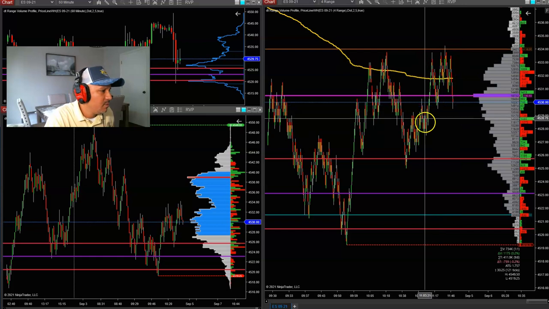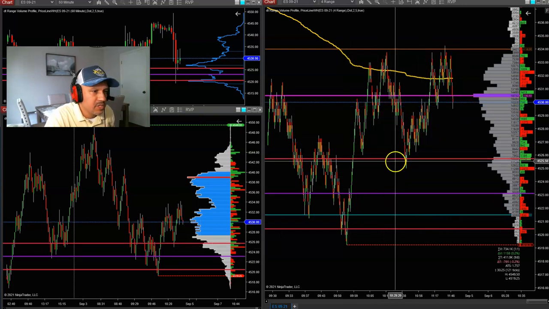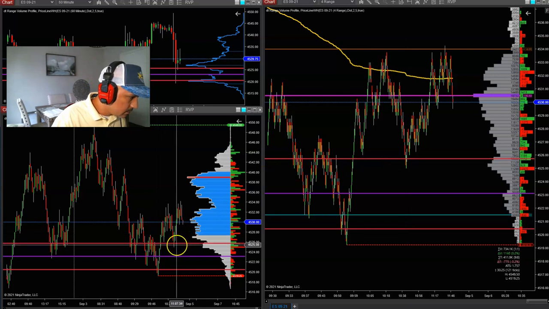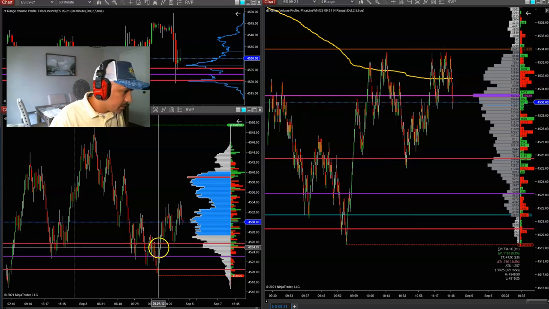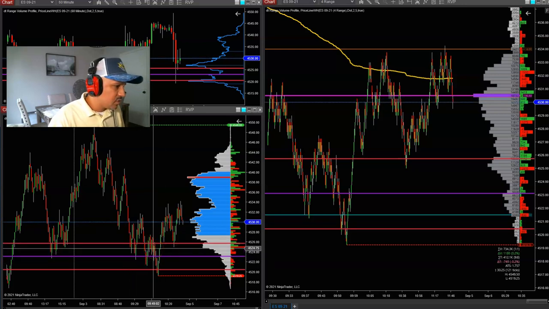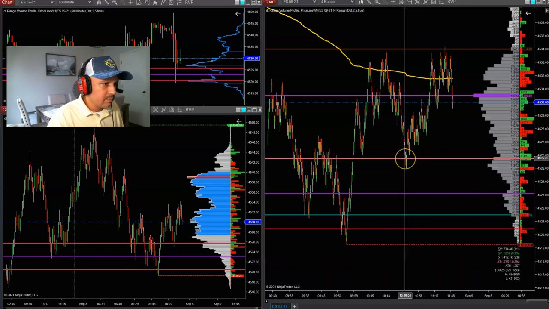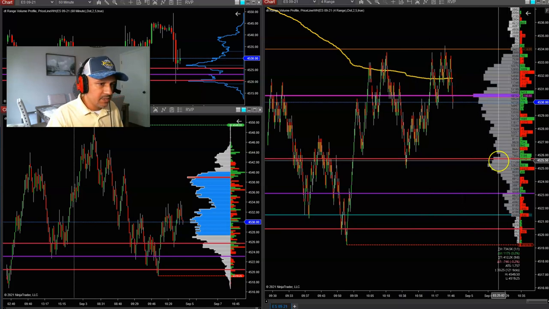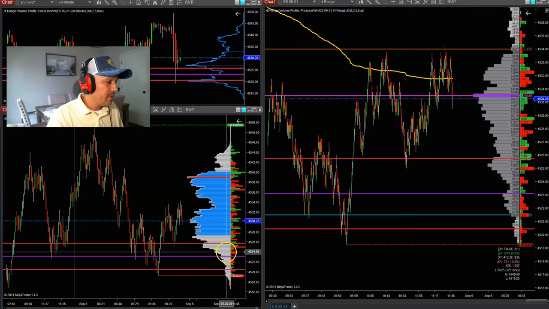So I would like to see price move out of this area and push lower, and let's test this area down here, 45.25. Yeah, around 45.25 right here. This is an area where price rejected at, so I look for something in this area here. Price can push a little lower and come to this 45.25 area. The reason being because we have a level